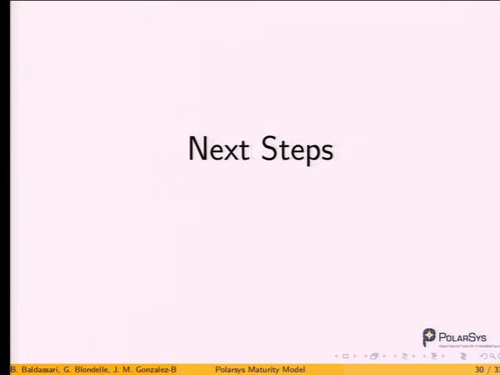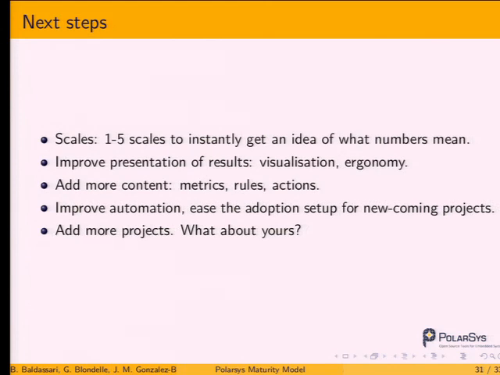Okay, so that's where we are right now, and what we should do in the next weeks and months is first set up scales. So what are scales? If I tell you that you have 200 commits a month, whoa, what does it mean? Is it high, low? For many people at least, this is almost useless. So what we want to do is to set up a 1 to 5 scale and say, 200 commits a month, it's quite good, so it's quite high, so it means that you are quite active. Then it depends on the number of files on your project and so on. But you can apply it to every metric.